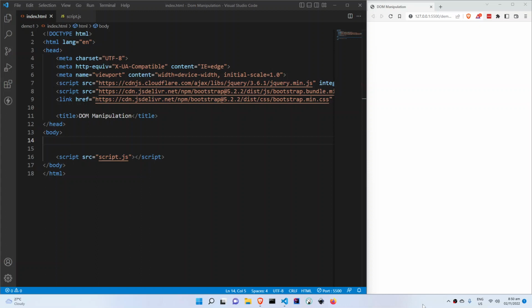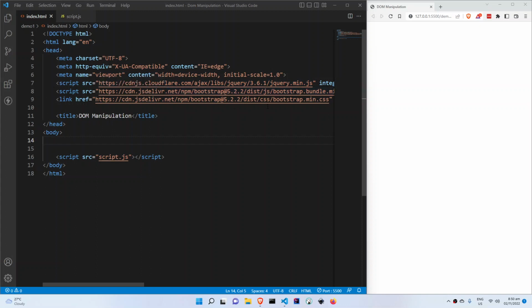This time, we are going to take a look at how we can manipulate our document object model. Specifically, in this video, we will try to add elements into our document object model after a certain type of event. Now we have here our HTML file, which simply uses CDN to grab our jQuery and the JS of